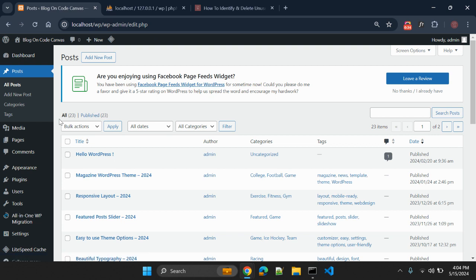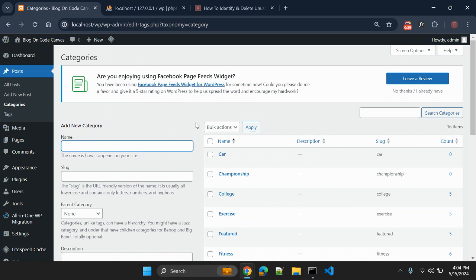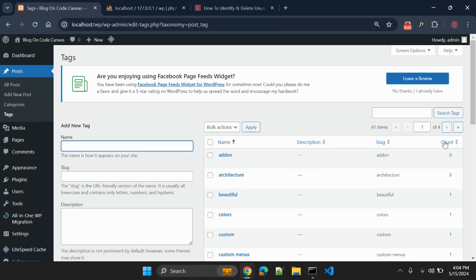I have a few posts as well as categories and tags. There are around 16 categories. As you can see, I have a few categories with zero posts associated with them, and I don't want these categories to be in the database. Similarly, you can see I have a few tags which are not associated with any post. For the time being, these tags and categories are in the database, and you should delete them to make your WordPress